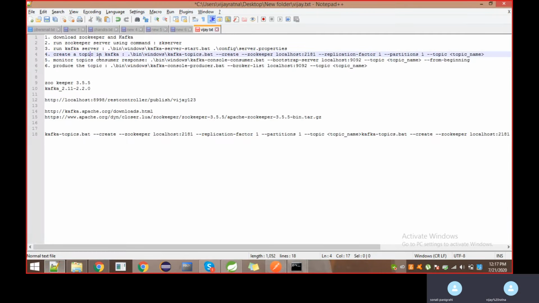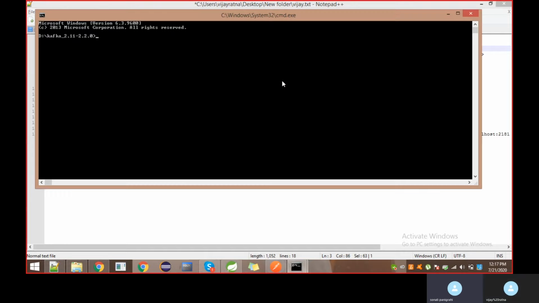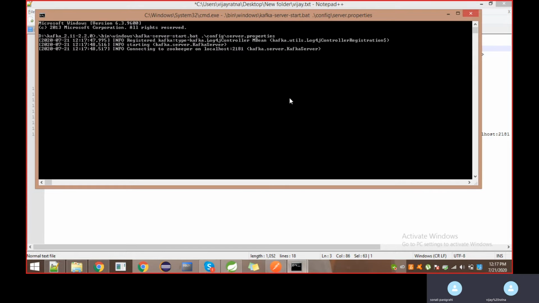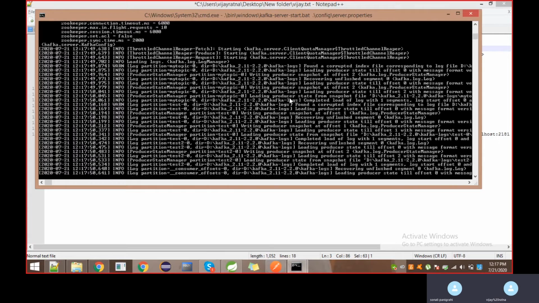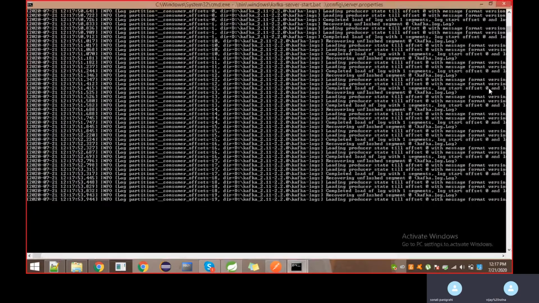To run Kafka, you can run it from the bin folder as well. Here my Kafka server is starting. It will show the information that is in the server properties as well.